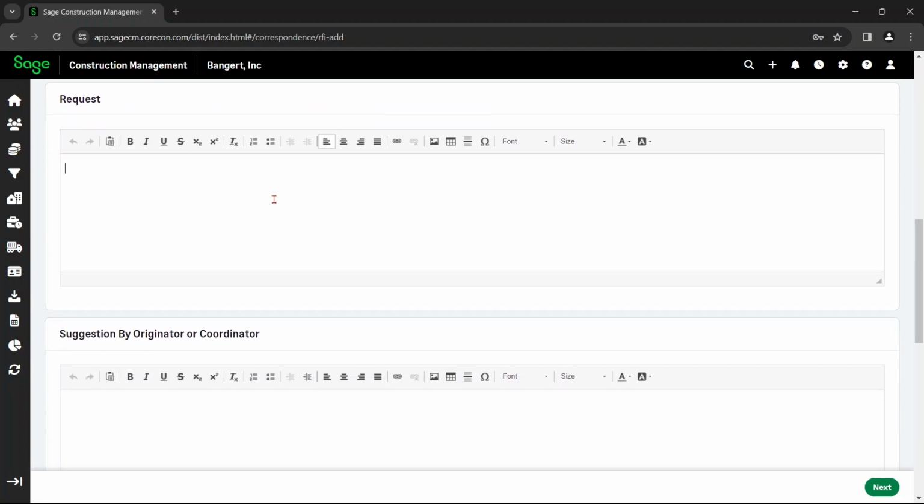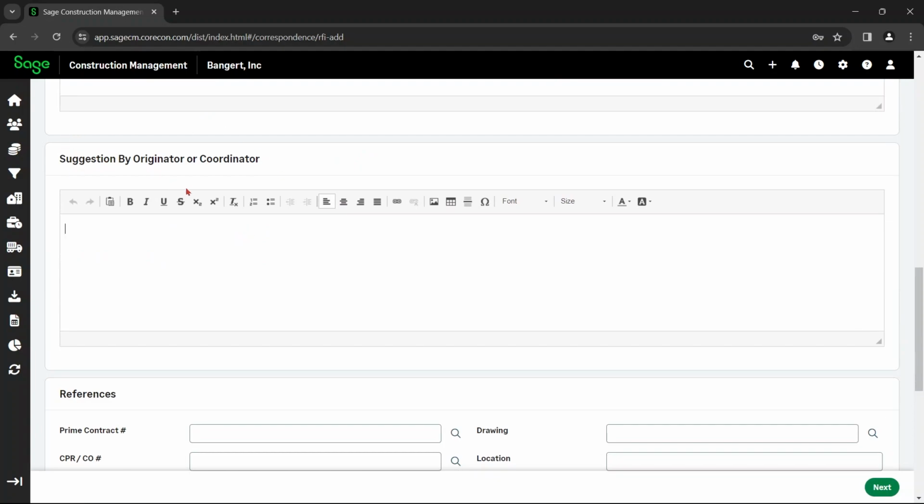Here you will put in the request, what information you need, question that they're asking, then you can also put in links and pictures in here.